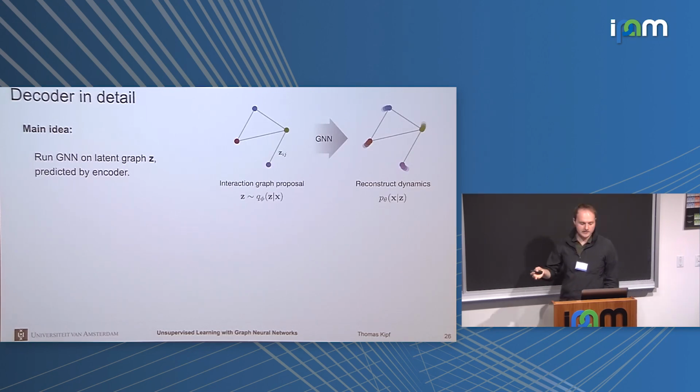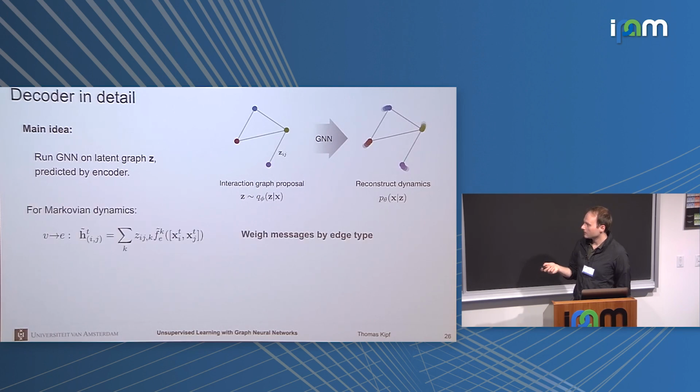And then once you have this latent graph, all we need now is to decode the dynamics back from it. Essentially, we run a graph neural network on this latent graph that does some message passing. And of course, the dynamics have to be conditioned on some initial conditions. So we start by feeding in the initial conditions, and the graph here is given by this adjacency tensor. What we found very important is that for each edge type, we have a separate message function. And then you can just run this model here.